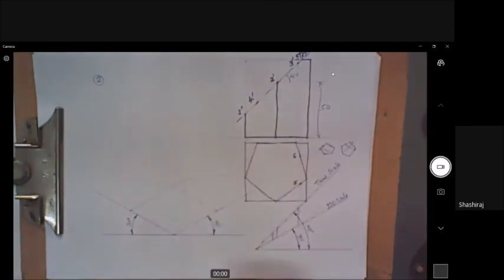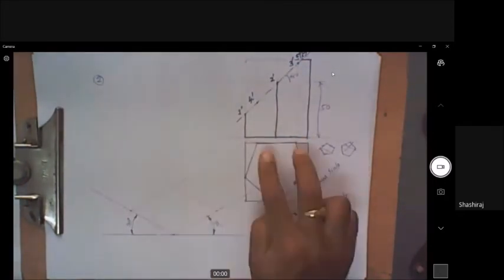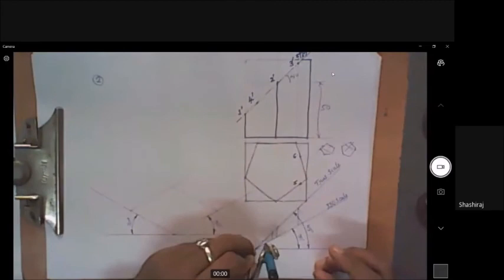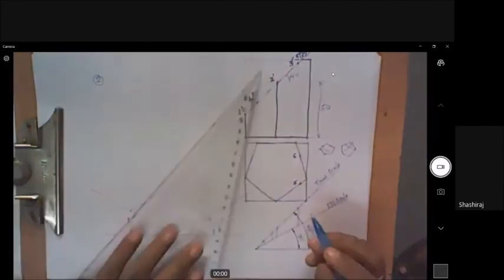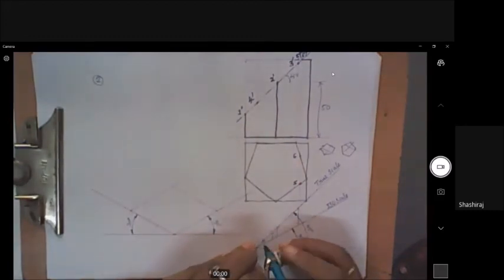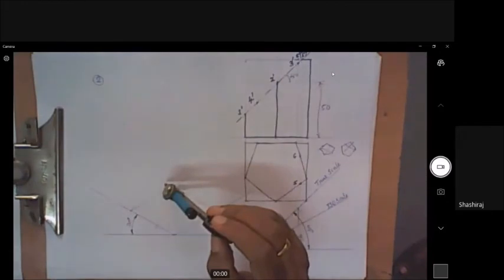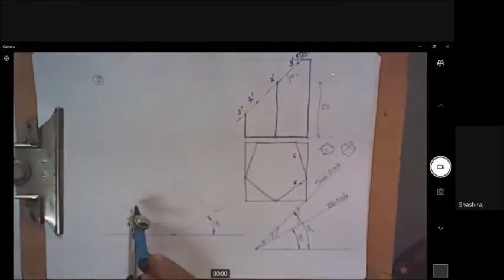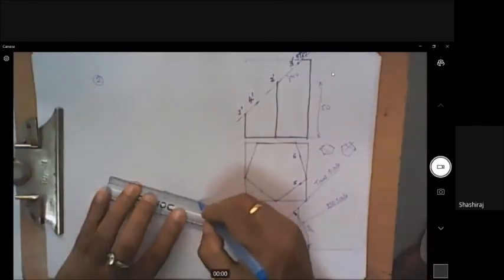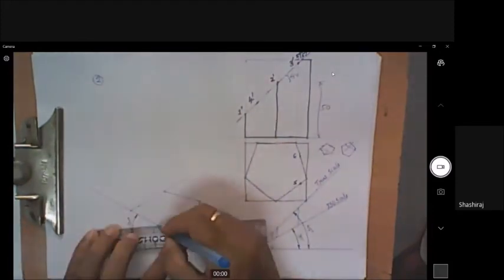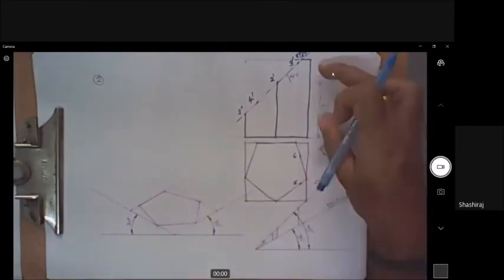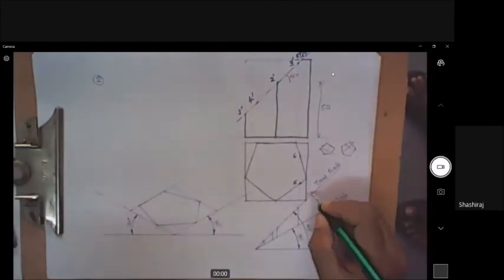I got 2 points. Then 2 more points should be drawn here. So I need to measure this distance isometric. This much distance I'll measure. Go to isometric scale. Get the isometric length corresponding to that. This much. So draw it from this corner once and from this corner once. And I can give the height for this. Height is 70 mm. So 70 is here.